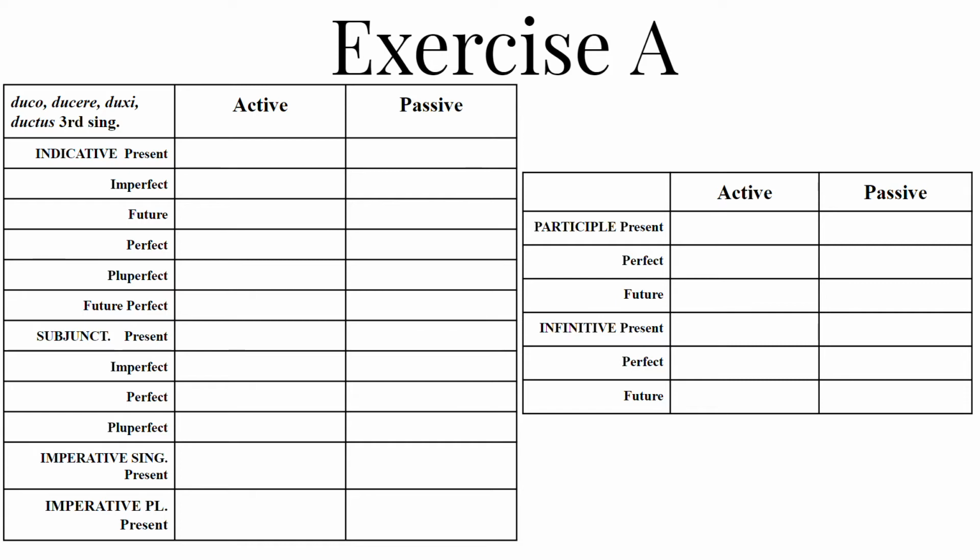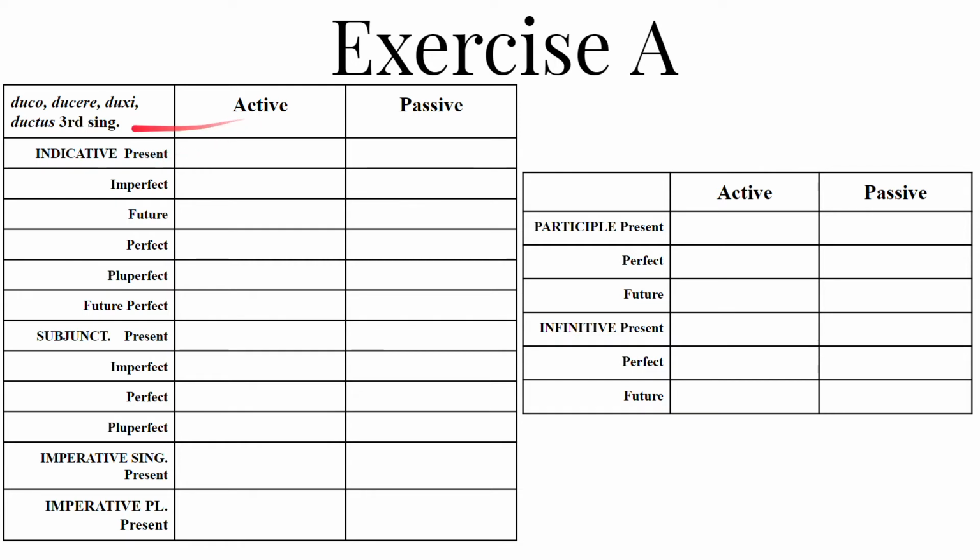Third declension nouns are also consonant stems. So everything in Latin tends to be a consonant stem. So D-U-C is going to be the present stem. For the present active, we want the third person singular. The active personal endings are o, s, t, mus, tis, nt. We're going to be wanting a lot of T's. And then the passive, or, ris, tur, mur, mini, ntur. We want a lot of T-U-R.